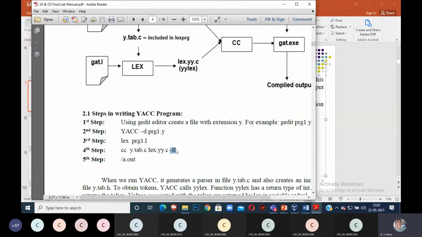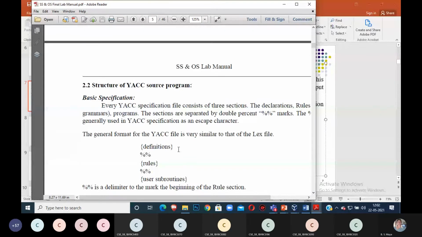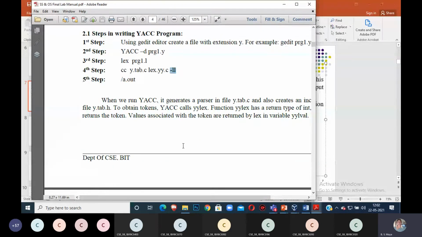Don't worry about that. Okay, -ll space -ly. Library link for Lex, library link for Yacc. Don't worry, it is not compulsory to give -ly. Without giving -ly also, your program is working. Okay. Command copy down is over.